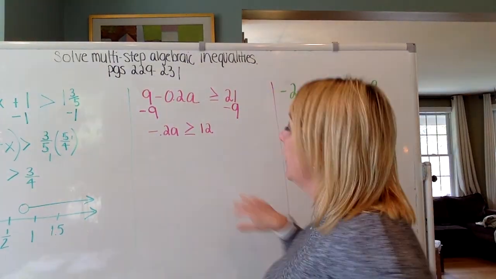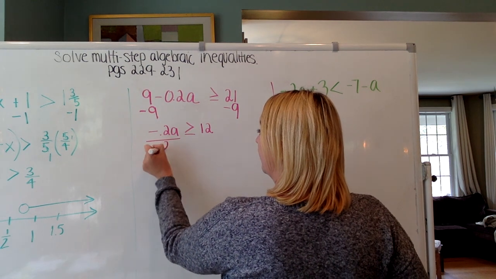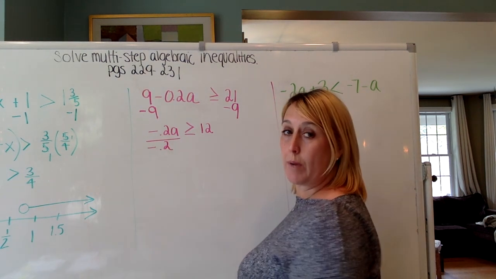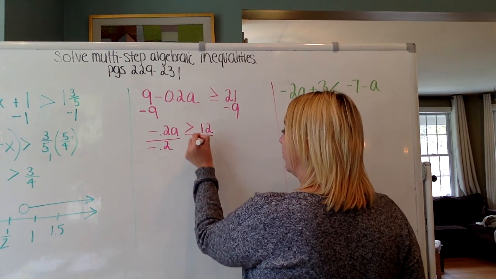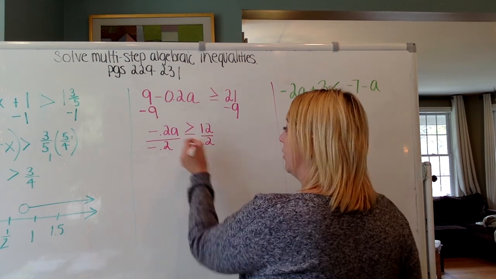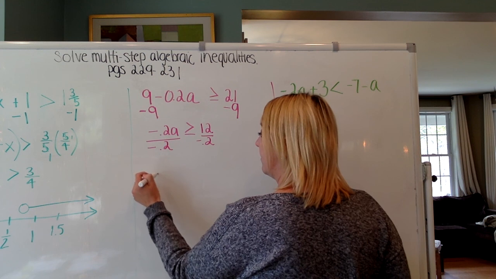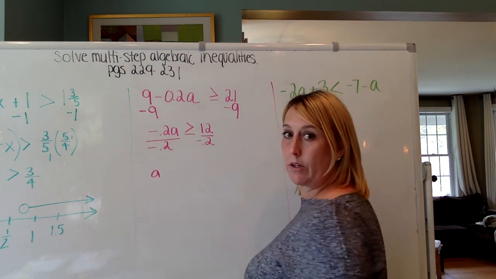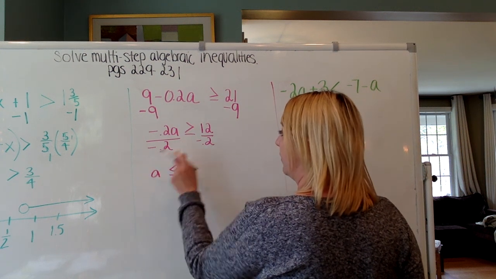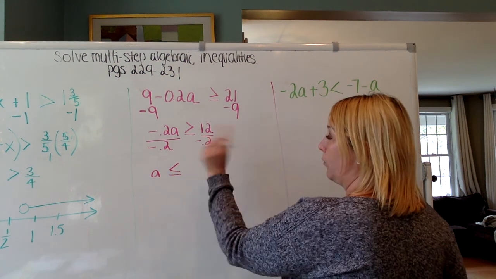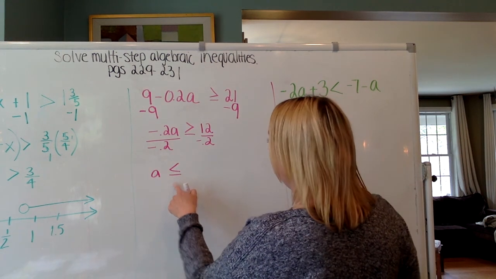So now we have -2/10 a. So we are trying to isolate the variable. So we're going to divide -2/10 by -2/10. So we get a positive a. But if we divide by -2/10 on the left of the inequality, we need to divide by -2/10 on the right. So as we go to rewrite this, this is a, right? Because we've gotten rid of our coefficient. Now we need to flip our inequality because we divided by a negative. So we needed to flip our inequality. So now a is less than or equal to,